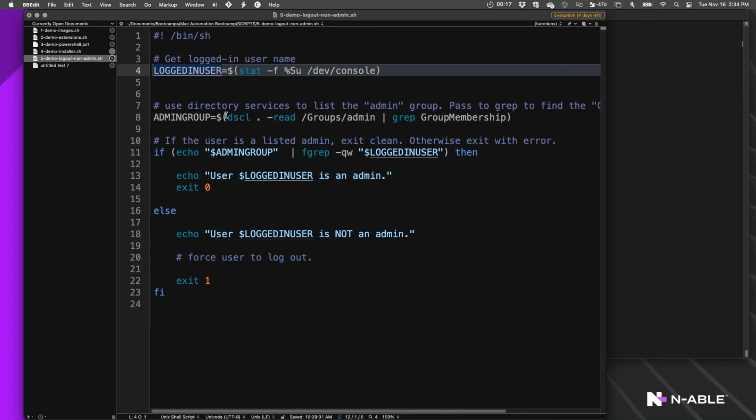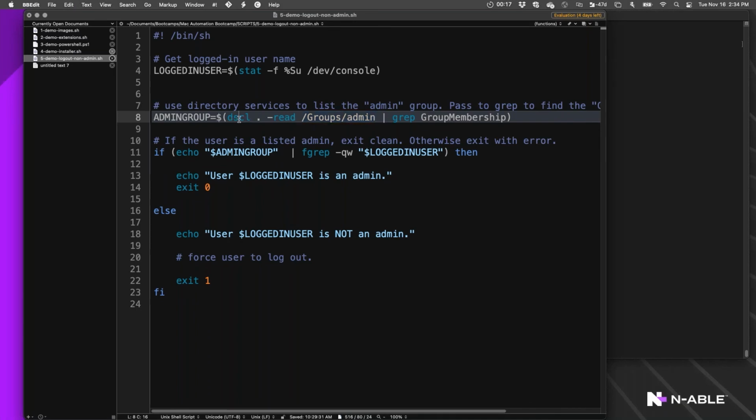So with that, we can use what's called directory services, dscl, and read the group called admin. On most Unixes, this will be wheel. I don't really know where that comes from, but somebody knows where the term wheel comes from with regards to the admin group on Unix. Please let me know. It's a historical note.